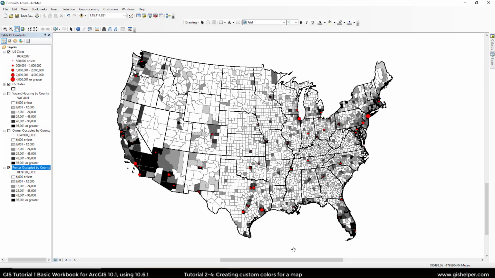This is tutorial 2-4, creating custom colors for a map in the GIS Tutorial 1 basic workbook. In the previous tutorial, we worked with predefined color ramps. In this one, it's going to show you how you, as the user, can dictate what colors are being used, from choosing how a color ramp is designed, or simply entering in color values to get the exact colors that